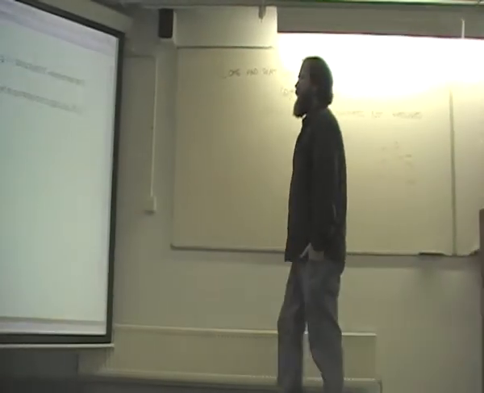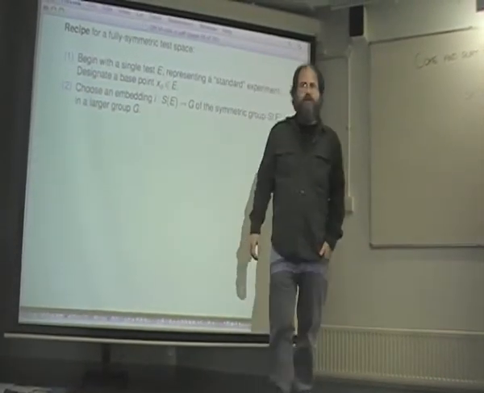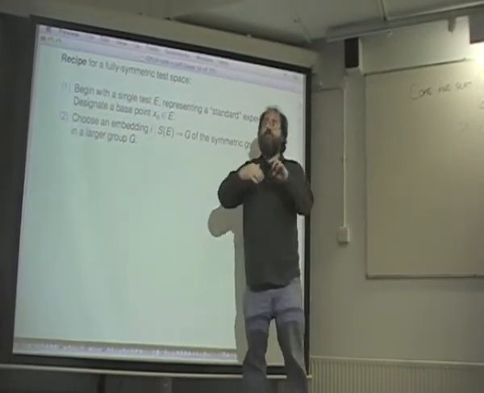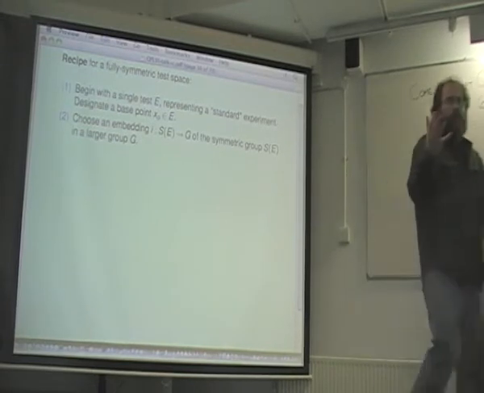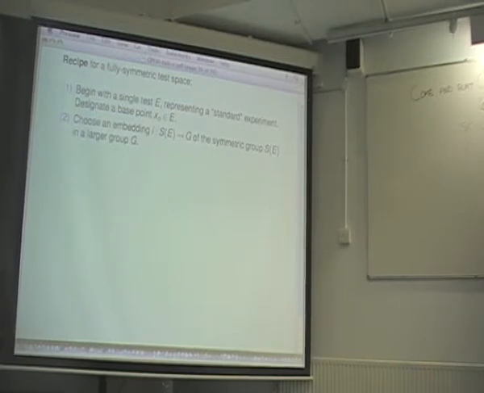Choose now an embedding of the group S of E, that's the symmetric group on E, the set of all permutations of E. Embed that permutation group in some larger group G, which maybe you think of as, at least conjecturally, the group of physical symmetries of the object that you're studying. Maybe you have some independent reason for thinking that the objects that you're considering have symmetries that aren't captured merely by permutations of the outcomes of your experiment. You think you know what it is, so hypothetically you want this embedded. You would certainly like permutations of your outcomes to be implementable by physical symmetries.